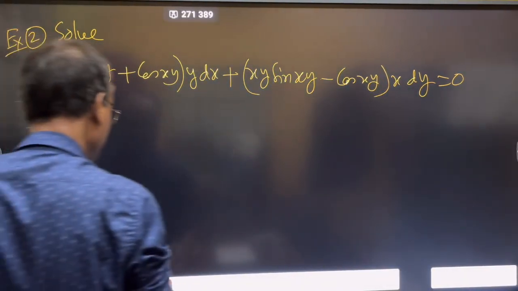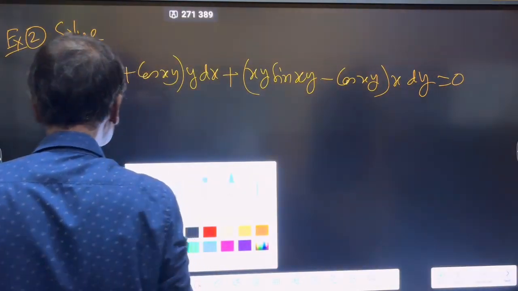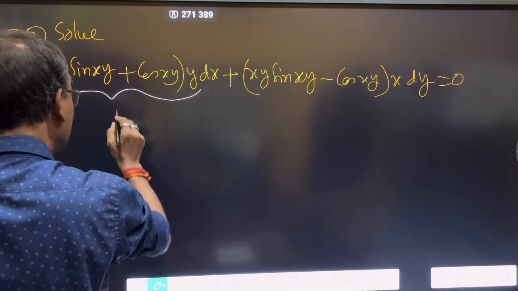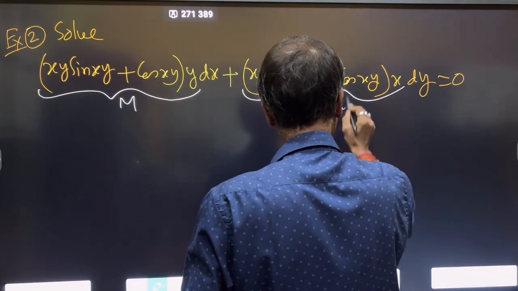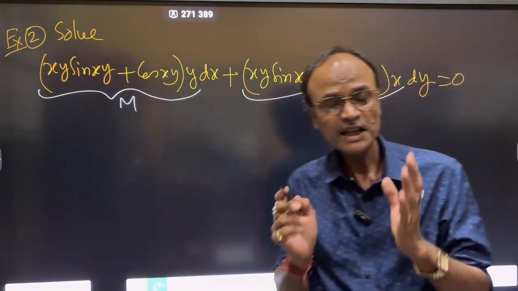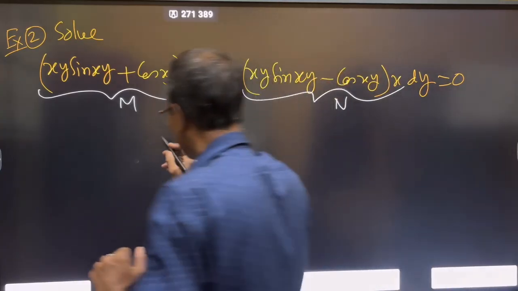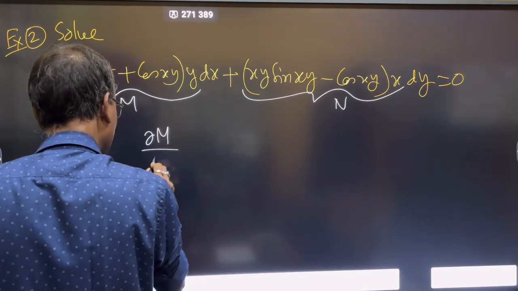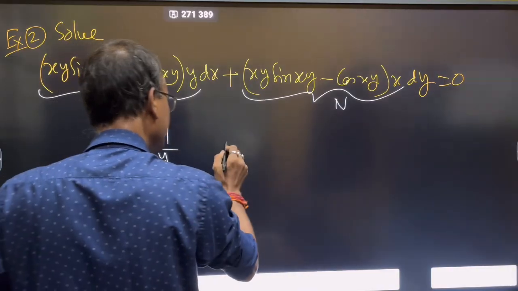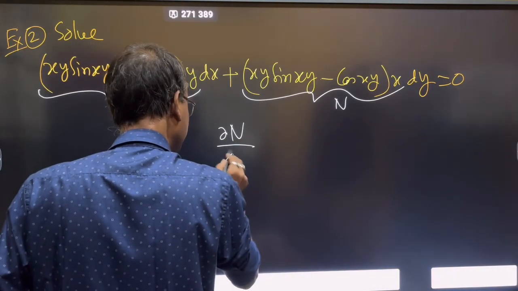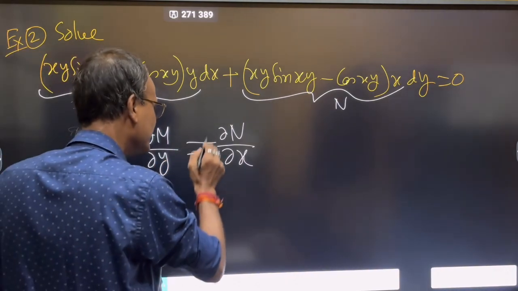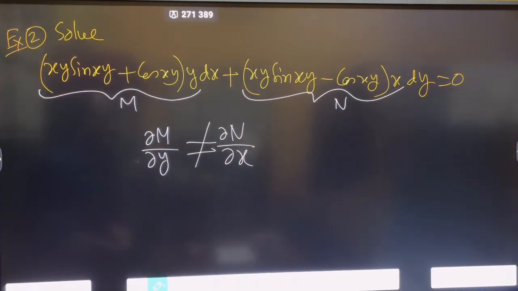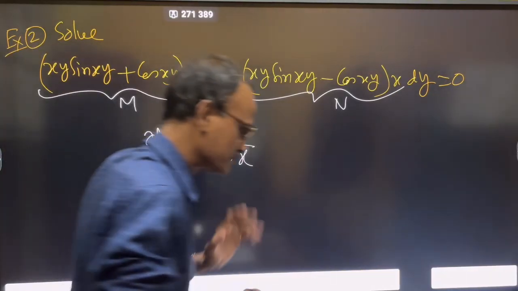Here you see, from this and this, it is M. This and this, it is N. If you check del M by del y, check it. Here also del N by del x, check it. You will find that this is not equal to that. This means that the differential equation is not exact, but